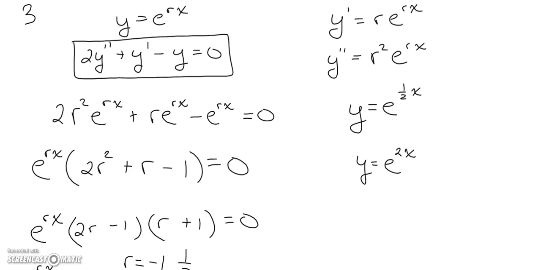All right. There's a second part to this one. If r1 and r2 are the values of r that are found in part A, 1/2 and negative 1, show that every member of the family of functions y equals a e to the r1 x plus b e to the r2 x is also a solution. So the second part to this question